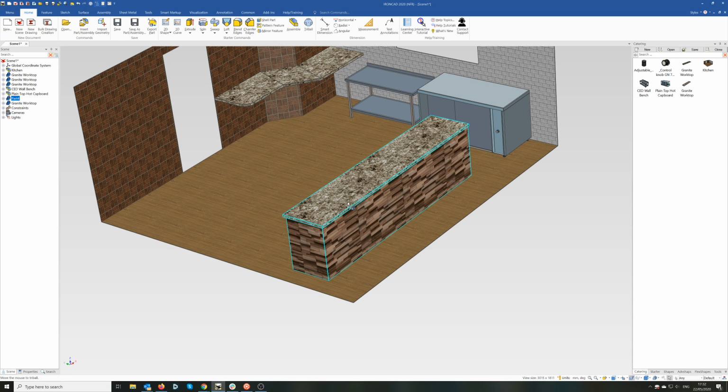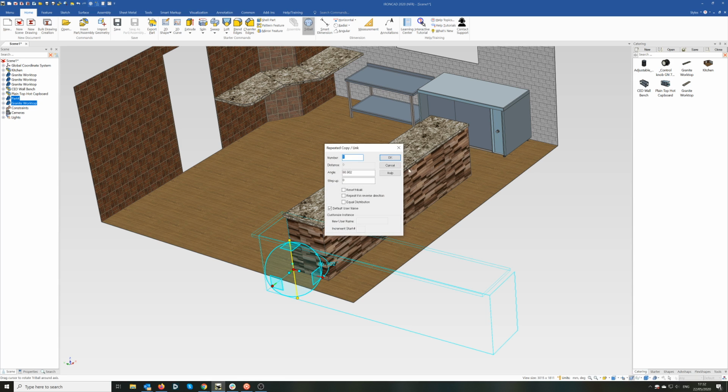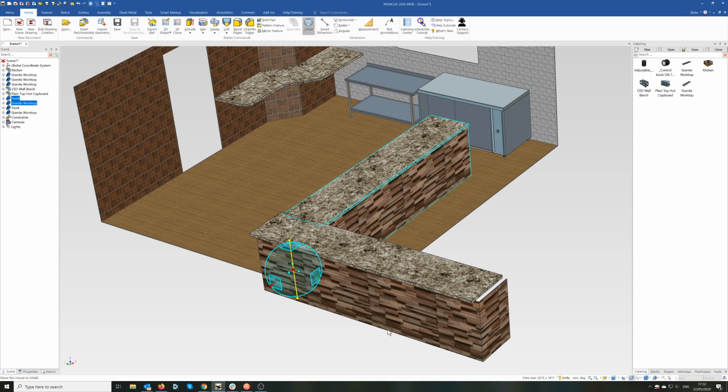And let's select this one, put the tri-ball on, put it down to this corner here, relock the tri-ball, and rotate this round. And we're going to create a copy here. I'm going to make that 90 degrees, and then I'm going to turn the tri-ball off, select those two,